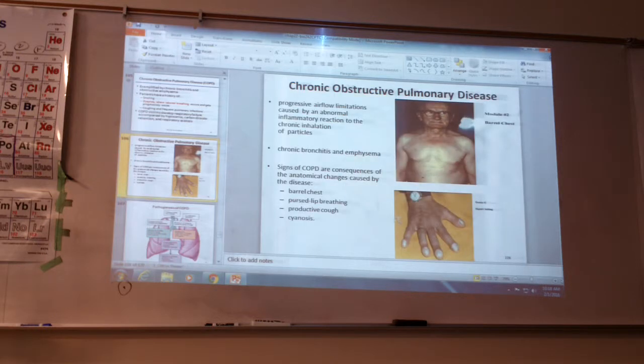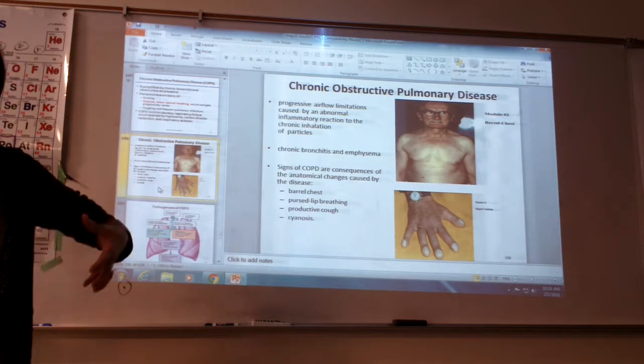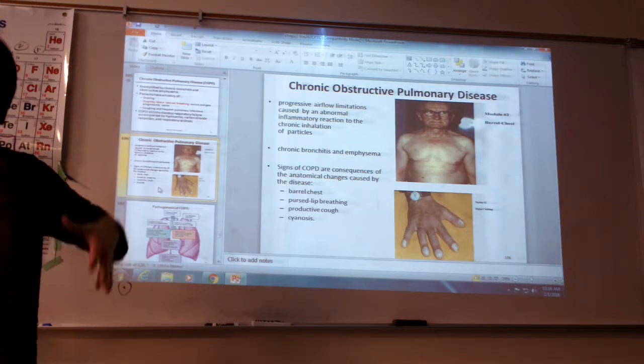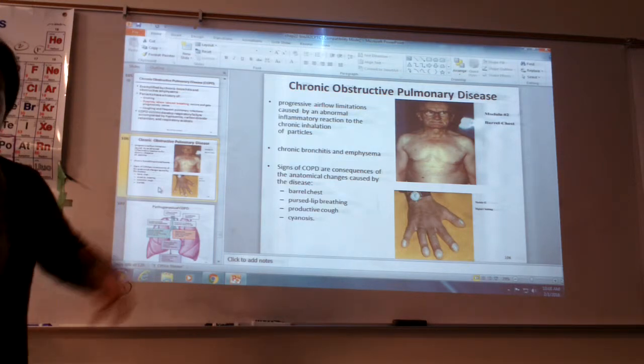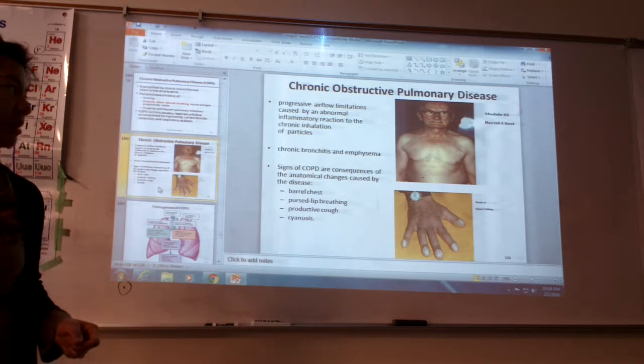And of course, have you seen some people with barrel chest? That is the common problem. Now you understand the anatomical presentation of people with emphysema. Don't they have a barrel chest? Why? Because their lungs are expanded. So it's like they have a barrel chest. Their lungs are expanded, and the elastic recoil is compromised. Okay?